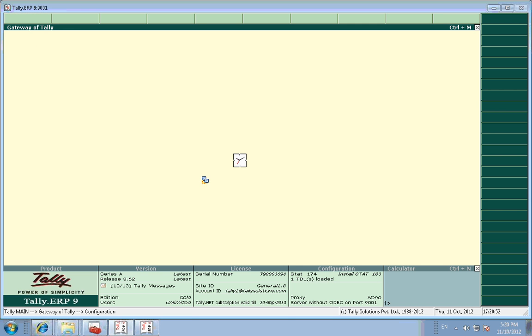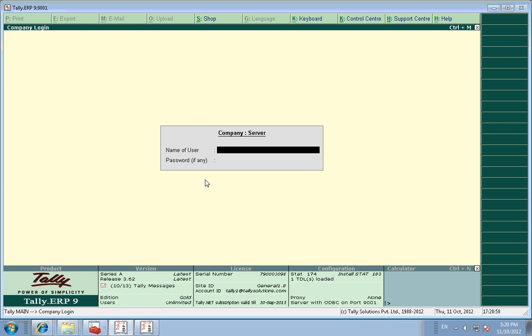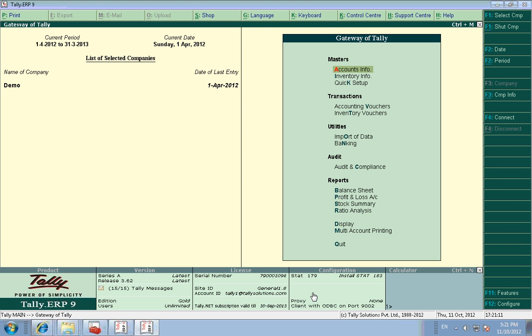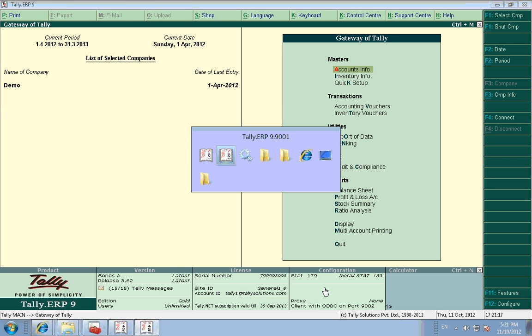I am loading the server. Now we can see at the bottom server with ODBC on port number 9001. So for synchronization, this is configured as server and this is configured as client. For client, you can see at the bottom it is displayed as client with ODBC, and for server at the bottom it is displayed as server with ODBC. The next step is